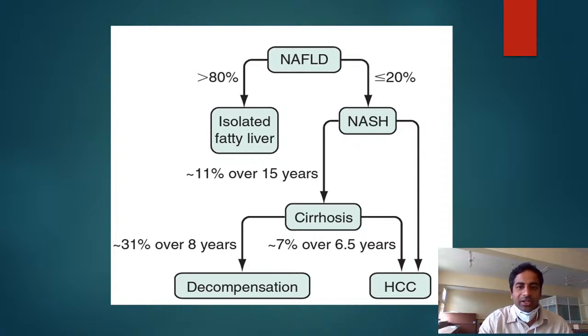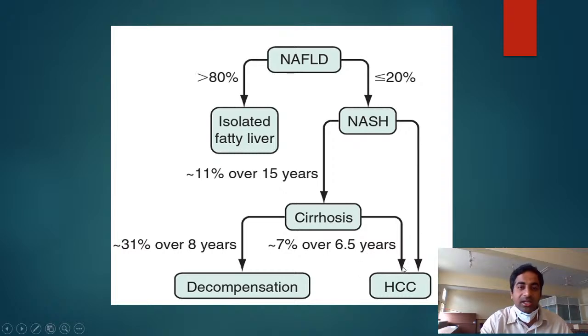So in non-alcoholic fatty liver disease, 80% of the patients have only isolated fatty liver. Usually they don't have NASH. Less than 20% of patients may have NASH. NASH in 11% of the patients over 15 years, if not treated, may develop cirrhosis of liver. And of them, 31% over 8 years may develop decompensated cirrhosis,